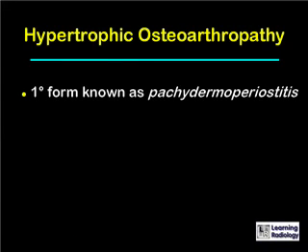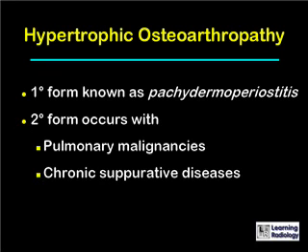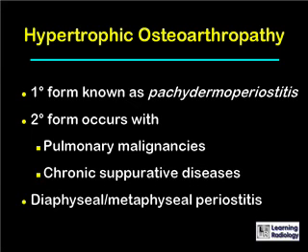Hypertrophic osteoarthropathy in its primary form is known as pachydermoperiostitis and is rare. The secondary form is much more common and occurs usually with pulmonary malignancies, bronchogenic carcinoma, or chronic suppurative diseases, lung abscesses. It usually involves the diaphysis or metaphysis or both, producing a periostitis which leads to thick